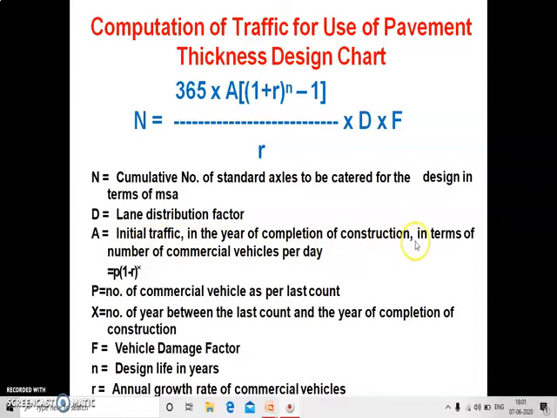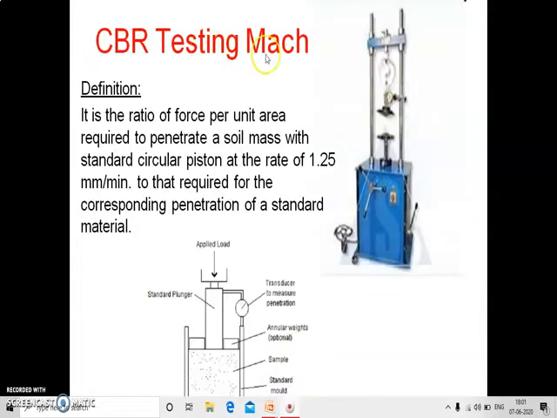Use of expansive clay is not to be used as a subgrade, non-expansive soil to be proposed. Subgrade to be well compacted to utilize its full strength. Top 500 mm to be compacted to 97% of MDD, modified Proctor test. Material should have a dry density of 1.75 gram per cc. Next one, flexible design chart IRC for CSA should be less than 10 million standard axles.